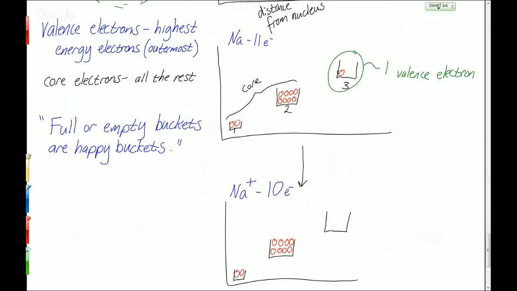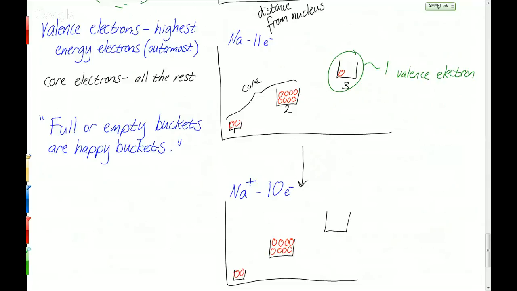So we want to have full shells or empty shells, not the in-between ones. The in-between ones are less stable. And since we have every possible different count of electrons from 1 up to whatever, that means most of the elements are going to have not full shells. They're going to be a little bit full or half full, half empty, that kind of a thing. And so that's going to help us to understand what kinds of ions and what kinds of compounds these